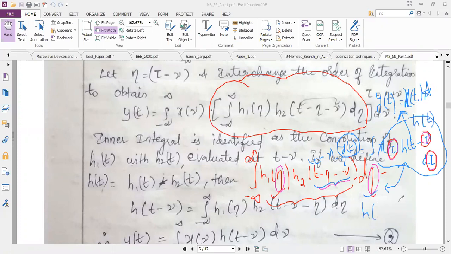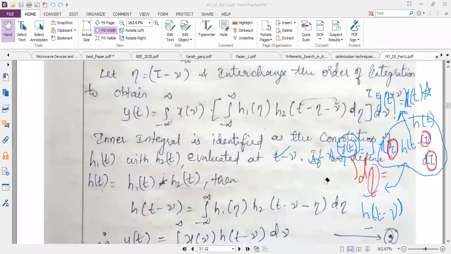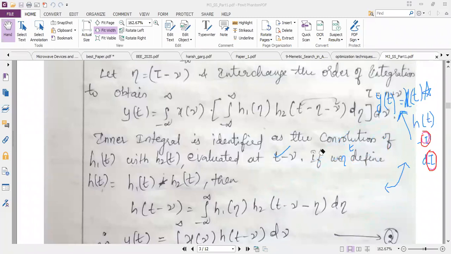So what should be there within the bracket of h here? Because here both are h only, so my output is also h. So what should be there inside the bracket of h? Can anybody guess and tell me? T minus mu, ma. Very good, very good. T minus mu. I hope you are all understanding this. So I have given the comparison using the standard equation. So t minus mu is the answer, perfect answer.